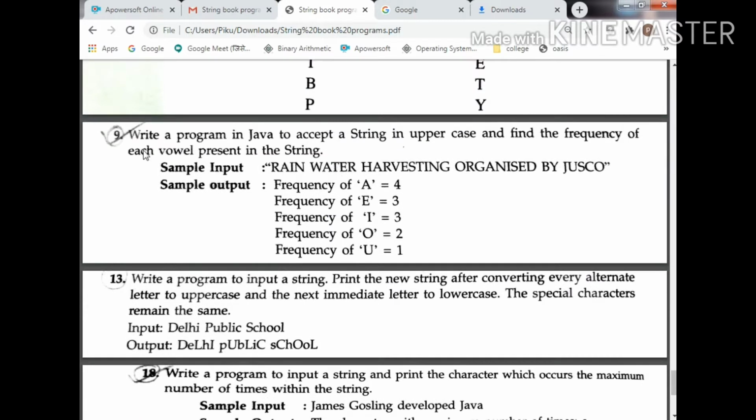The first program is: write a program in Java to accept a string in uppercase and find the frequency of each vowel present in the string. Sample input: rainwater harvesting organized by Jusco. Frequency of A is 4 times, E is 3 times, I is 3 times, O is 2 times, U is 1 time. So first we have to accept a string, then find the length, then extract each character